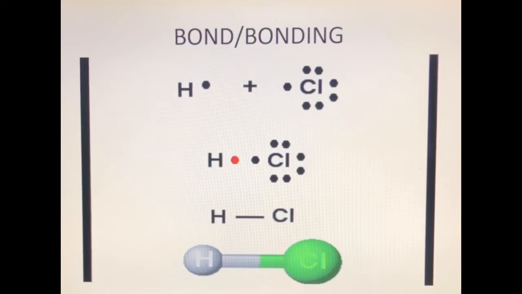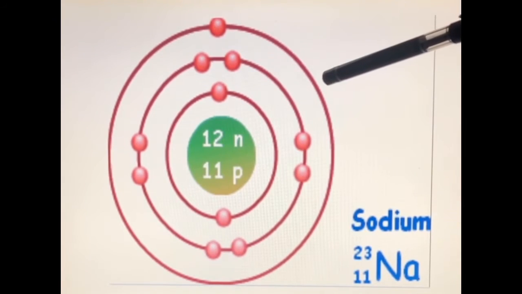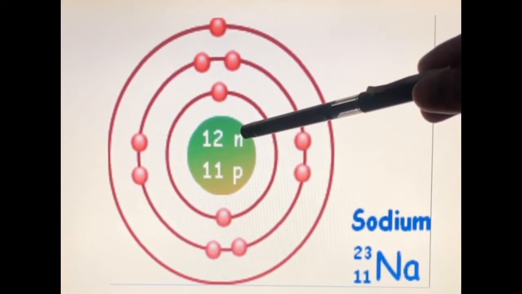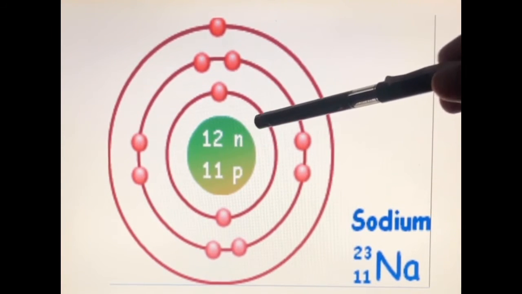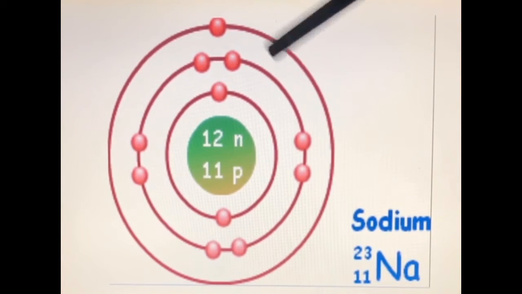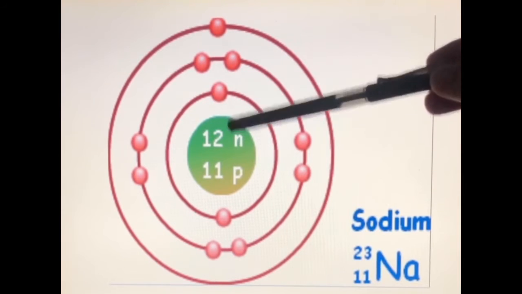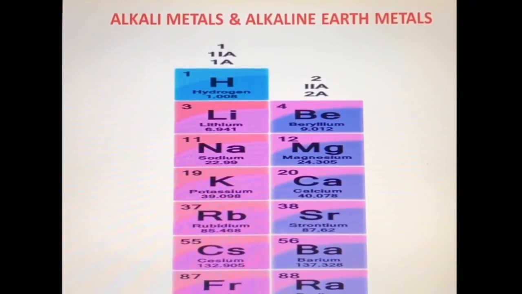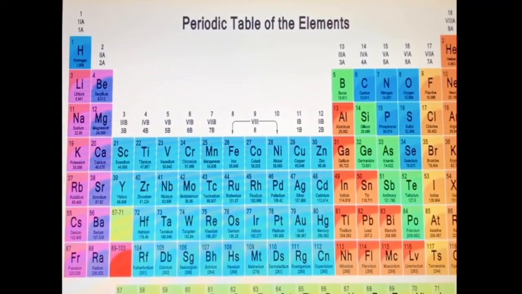Now the example of an atom is sodium. In sodium, there are 11 protons, 12 neutrons and 11 electrons, having the electronic configuration 2, 8, 1. Total number of electrons is 11. So an atom consists of proton, neutron and electron. Now the question arises for the type of atoms involved in a chemical combination.